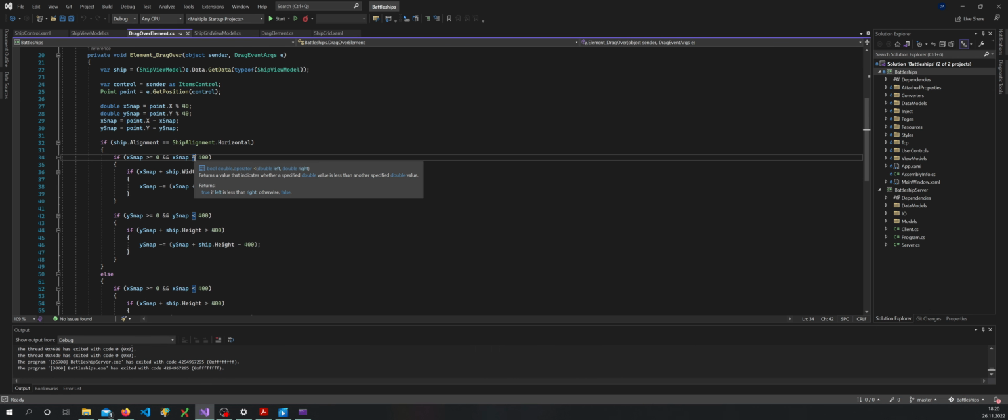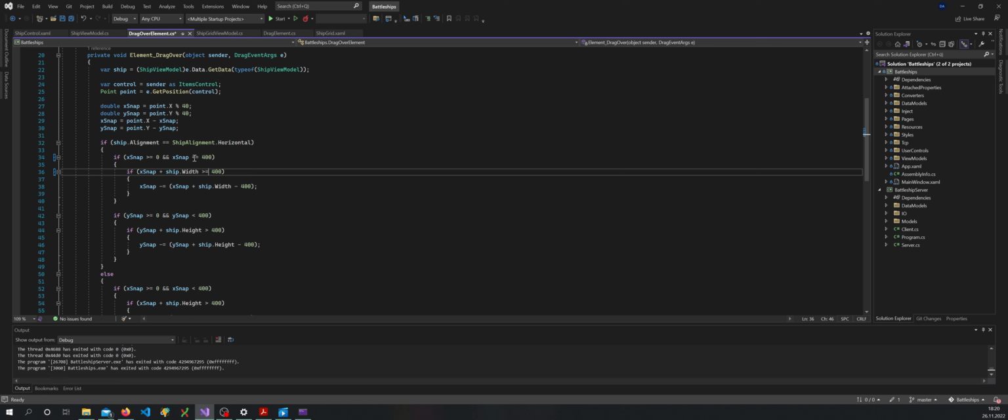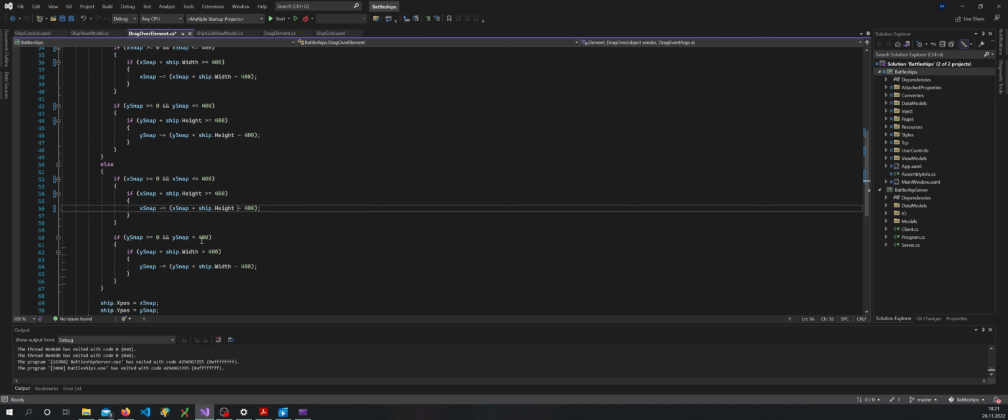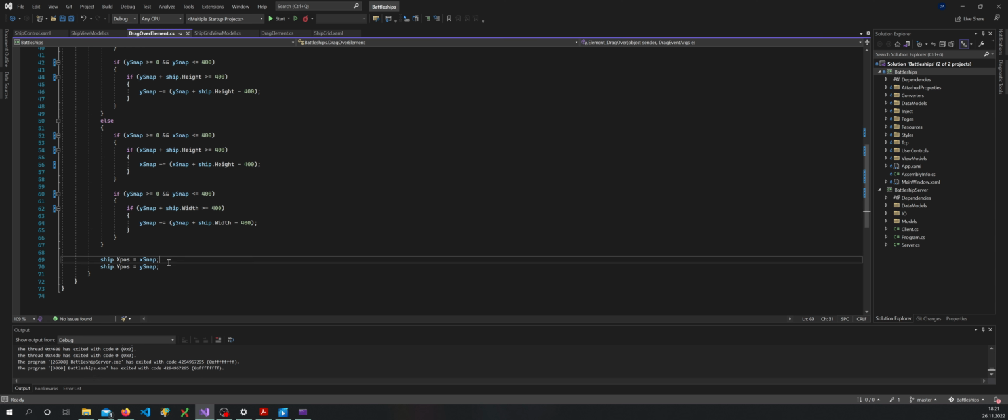which is going to be pretty easy because, like I said, we just have to check if it's equal to 400, because we just can't be equal to 400 or greater. So that should fix the error. There we go. Okay, next is we're not going to allow just dropping the ship anywhere before we've checked